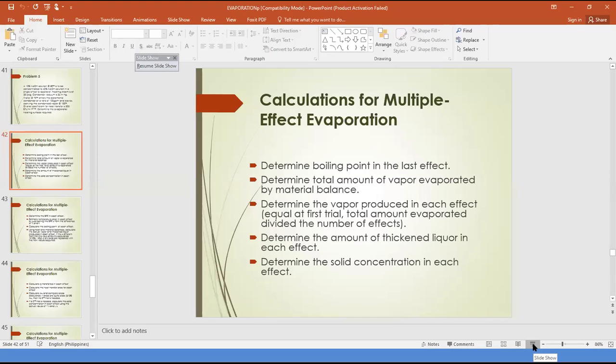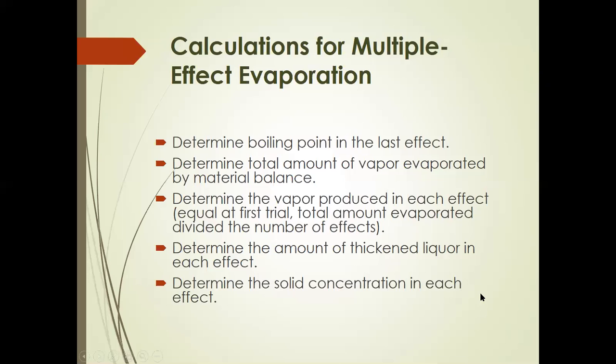Now, we have here the steps, the procedure that has to be followed in chronological order in terms of how we're going to handle problems concerning multiple effect evaporation. So chronological meaning they have to really be followed in this particular order as suggested by John Puplis, one of the authors of our unit operations book.